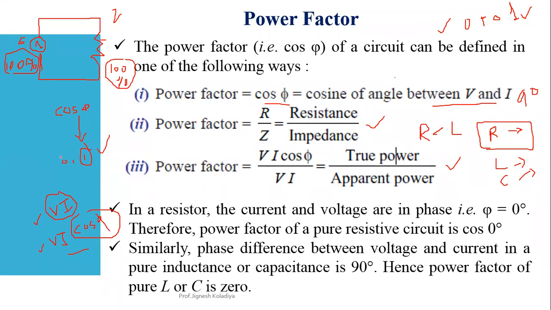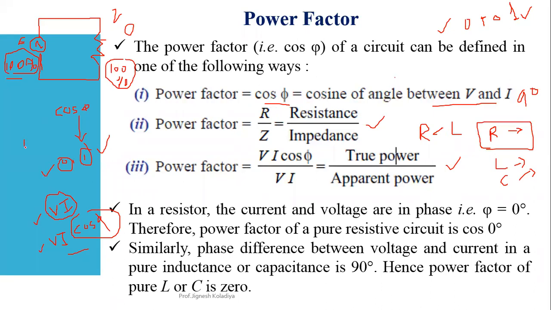Now suppose I'm taking power factor as 0. What is the meaning? For 100% of input, I'm getting 0 output, meaning nothing you are getting across the output. That means my power factor is 0. And the same thing will happen in case of inductor and capacitor. The net power absorbed is what? 0, right?